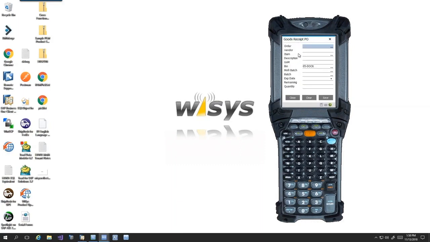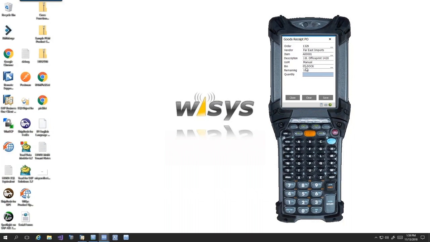We're going to look at a goods receipt PO today to start off with. I can type, or I can also do a lookup where this blue field is in any of our forms. I can do a lookup, or I can scan on that field as well. We'll look at 1329 as our PO, and I'm going to scan my item. You'll see that the bin is defined and defaulted to 05-doc, and that was in the options screen I showed you, where you can define the bin you want to default